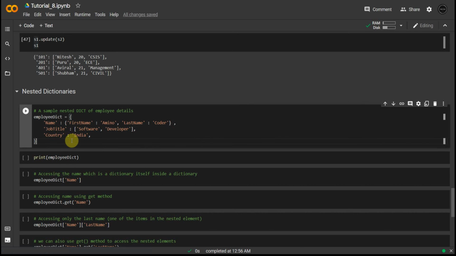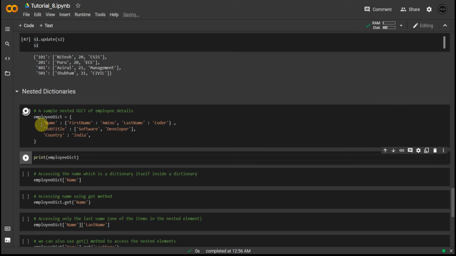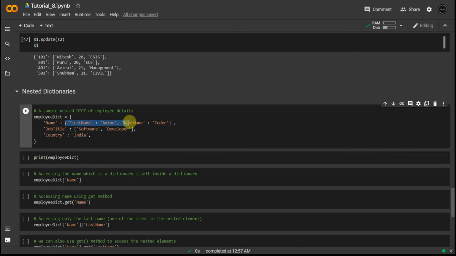All right, guys. And this is an employee dictionary. For example, let's say I am Amino Coder, first name, last name. We have nested dictionary here. As you can see, this is a dictionary here inside a dictionary. And yes, it's possible because values can be of any data type.